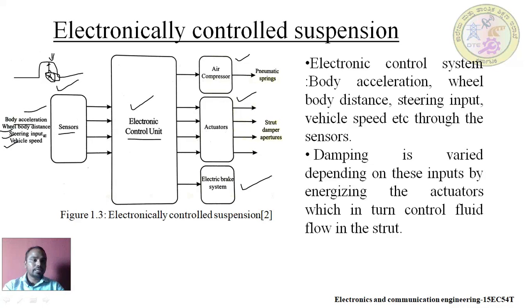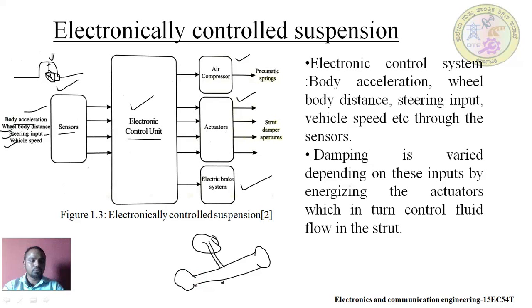Similarly, steering input. The steering is a very important part of any automobile vehicle. Let me elaborate how steering works. Dear students, the steering is round in shape, and nowadays we also have power steering. The steering is connected with one axle, and that in turn is connected to the front wheels.